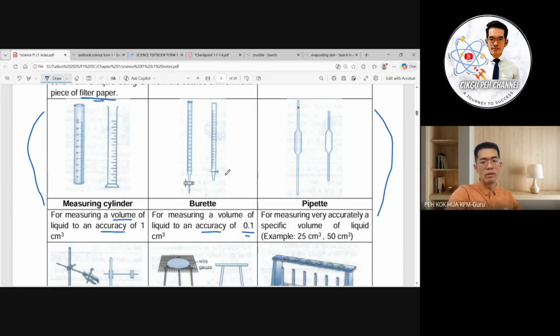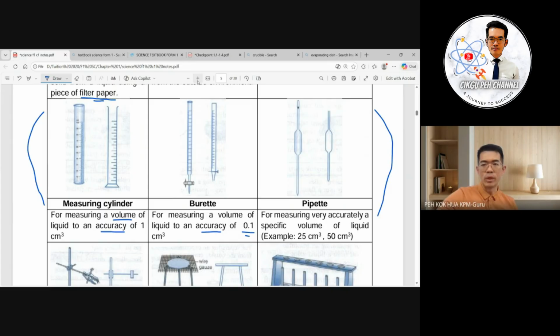But for a small amount of liquid, it's different, we can use the burette. 所以如果你的准确性要的是很准的，你就要用 burette。不然基本上我们会用 measuring cylinder。